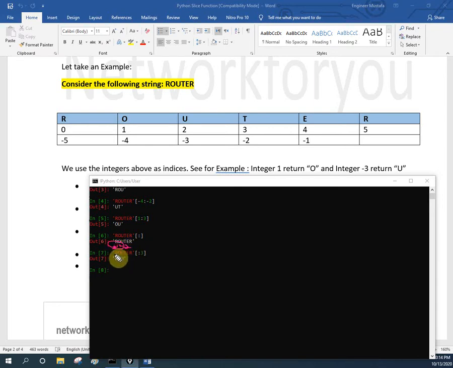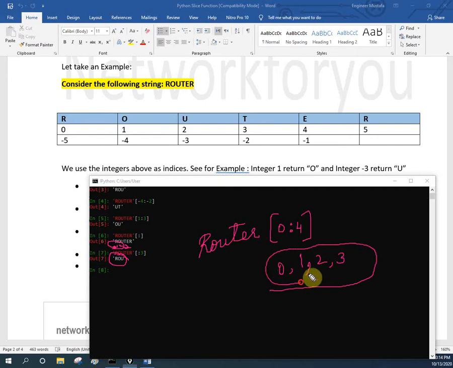So it has taken 0, 1, 2, so ROU. Example, if I have this router and I give the range from 0 to 4, it will take 0, 1, 2, 3. It will not take 4. Before 4, whatever values we have, it will take those. So we will have the output ROUTE.